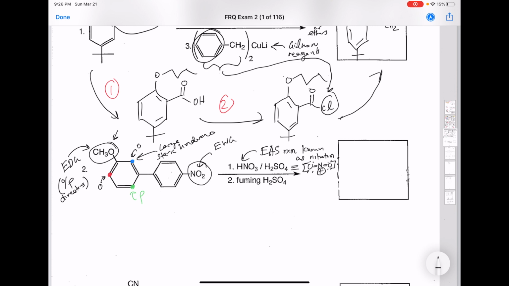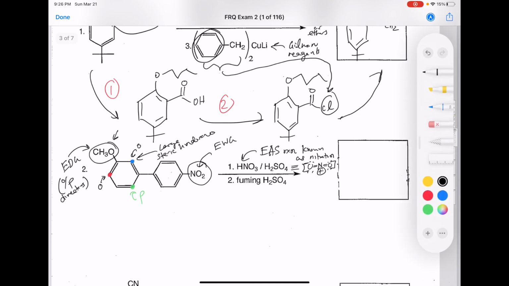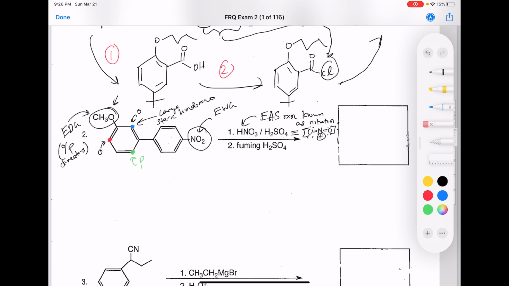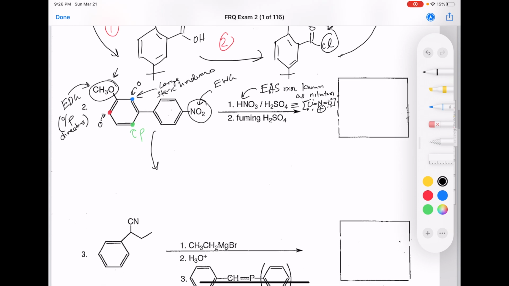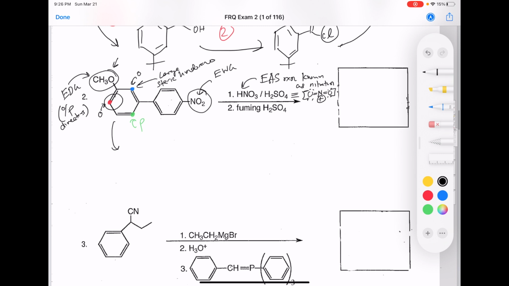So clearly, in order to reduce steric repulsion, it's easier for the nitronium ion to go to the red spot, right? So with that in mind, the major product, the most probable arrangement or the most likely spot for the nitronium ion to hit is this spot right here, because it has the least amount of steric repulsion. So if we draw that out,